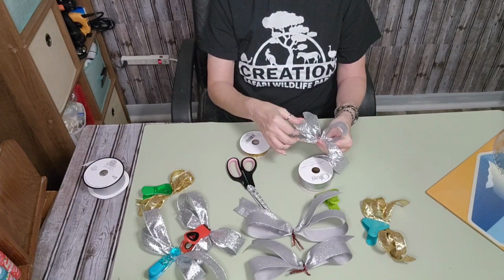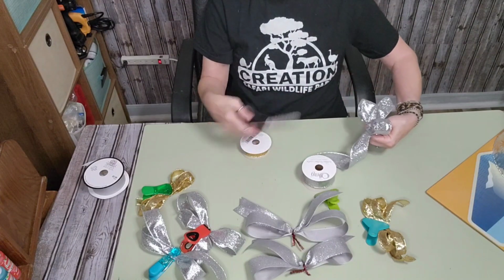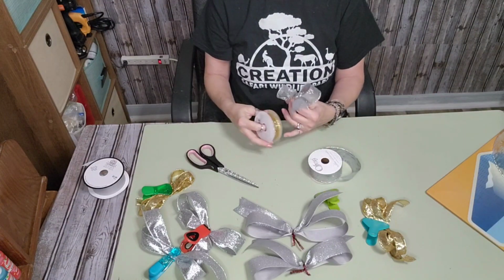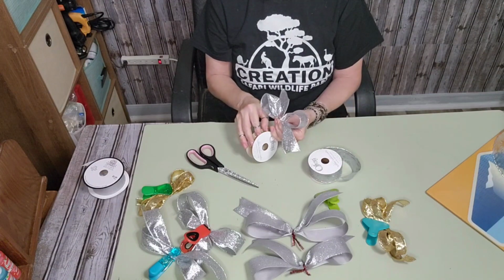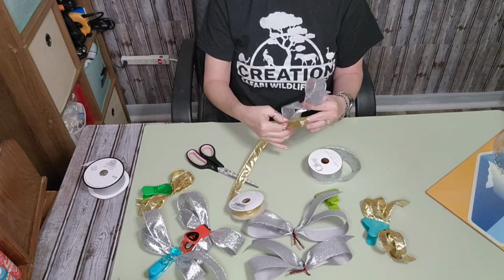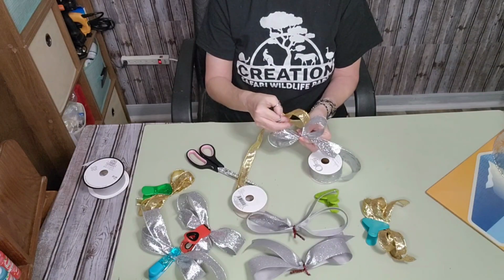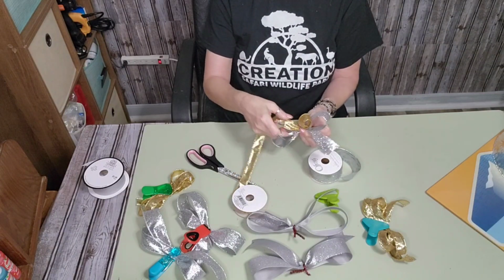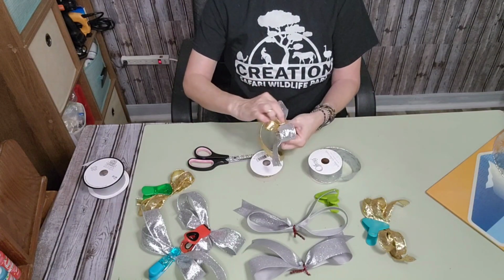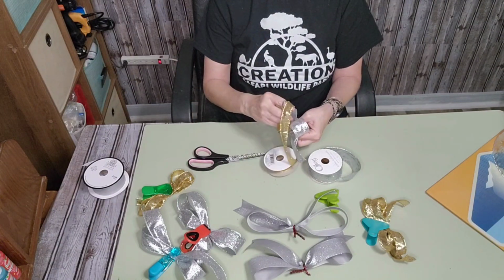I wanted my bow to be a statement piece on top of my topiary, so I added in another silver ribbon, and then to the top of that I added a little bit of the gold ribbon. The gold ribbon is smaller. It is not wired. However, like I explained before, you can get a nice fluffy bow even if your ribbon